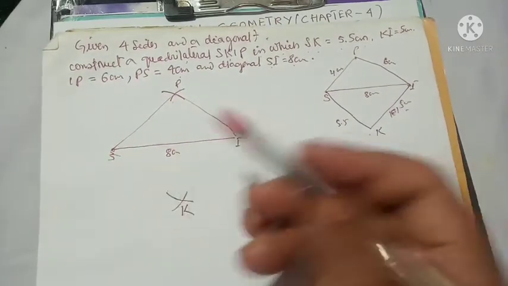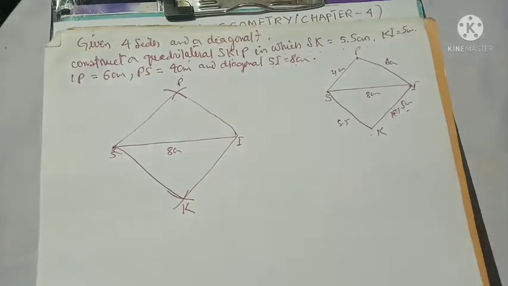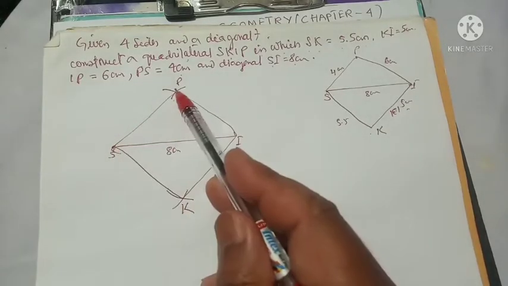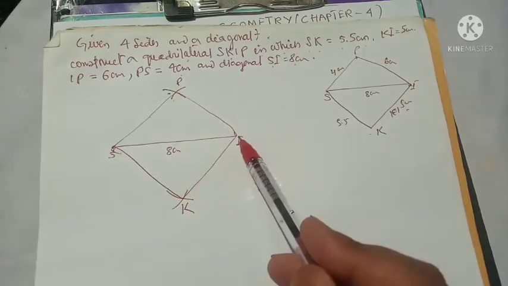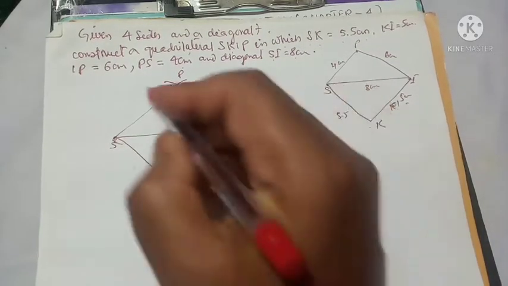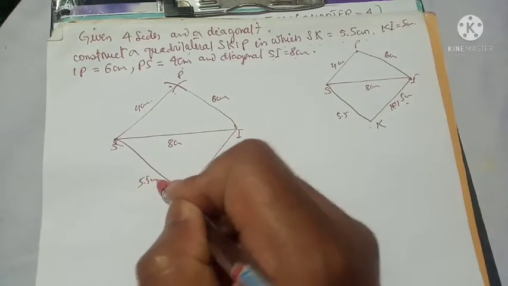And again SK and the SK. Now we have joined PS, IP, SK and the IK. Now the measurement: this side is 6 centimeter, this side is 4 centimeter, this side is 5.5 centimeter, and this